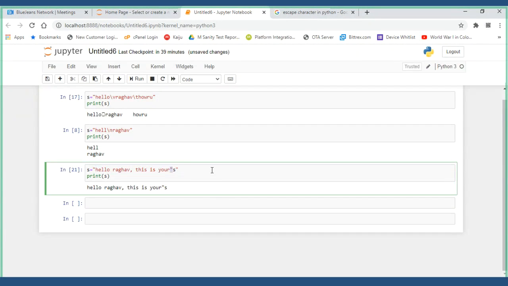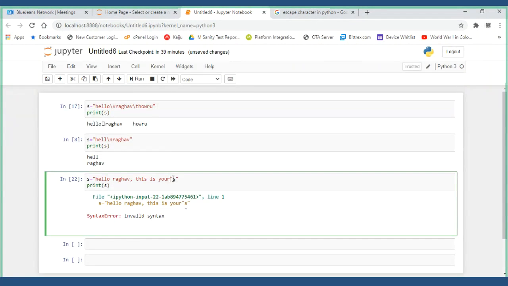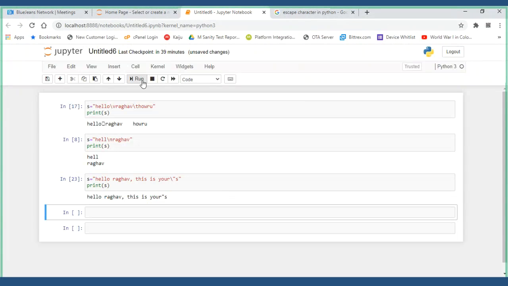But I want the double quote to be printed, and when I try to run it, it gives me invalid syntax. But if I give a backward slash here, see this, it is considered now.